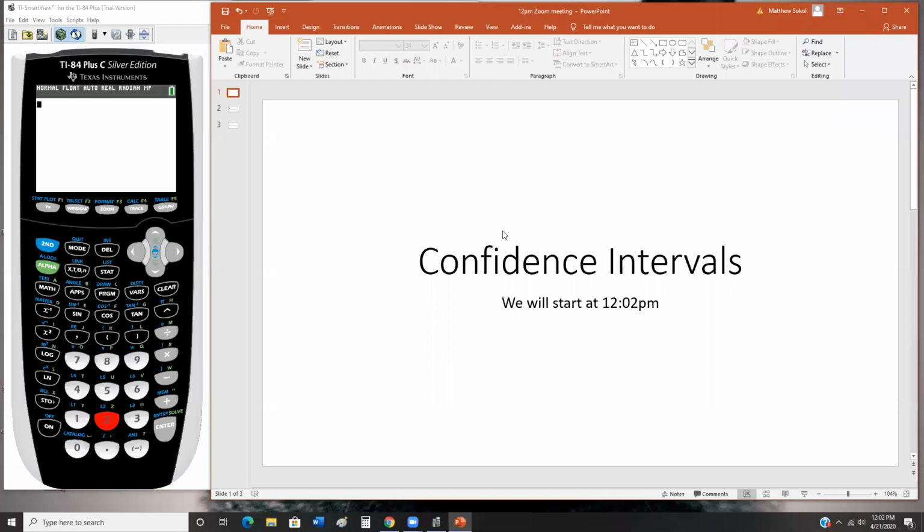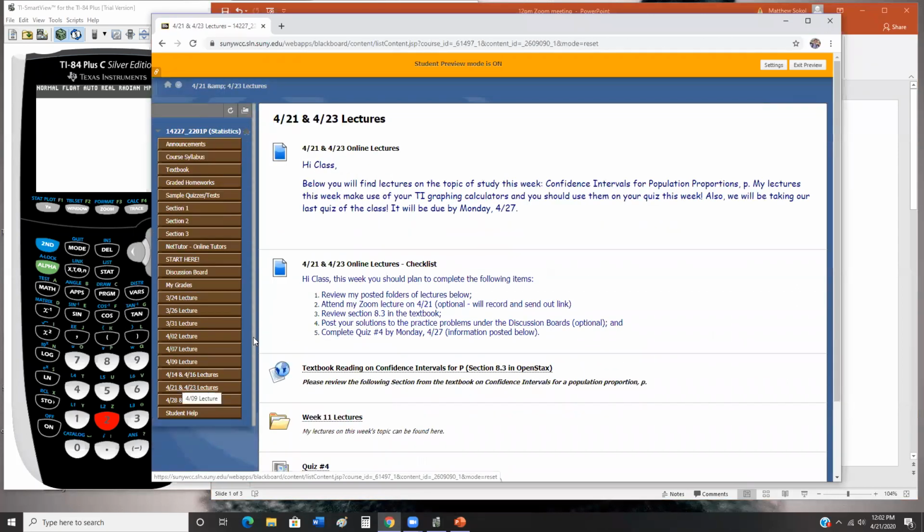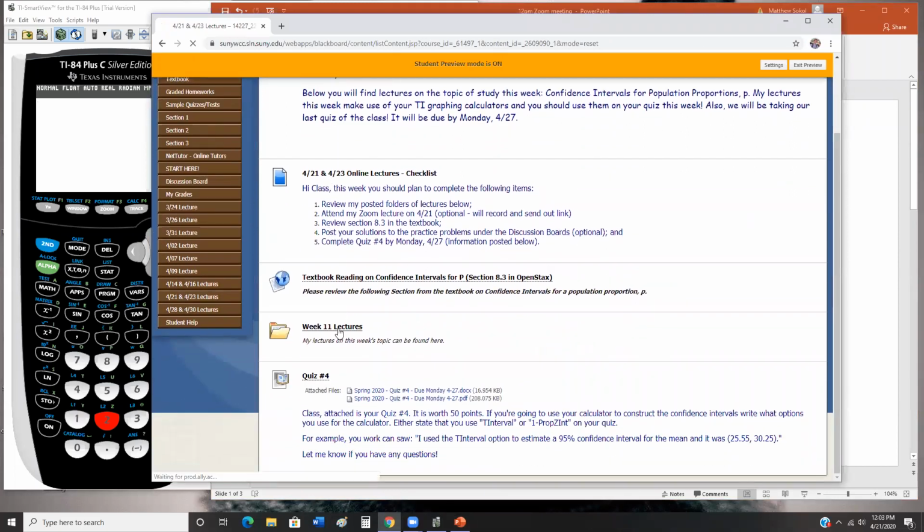All right, everybody. So this week, what we're going to do is continue talking about confidence intervals. If you look in the classroom, I have the tabs for this week's lectures. If you click on it, all my lectures this week